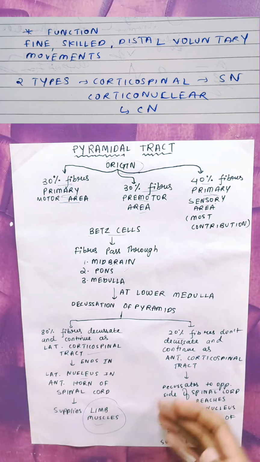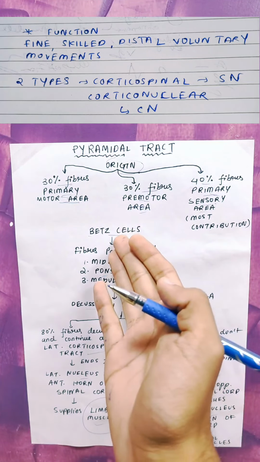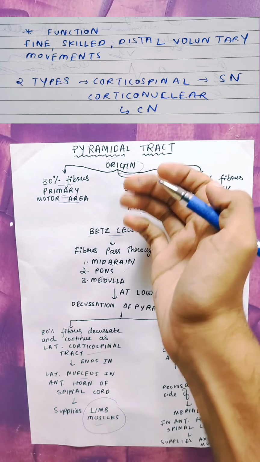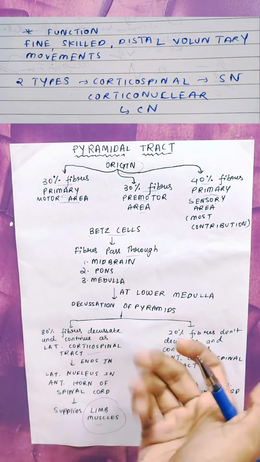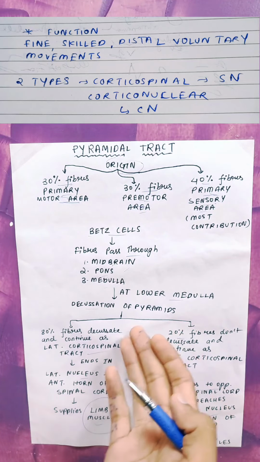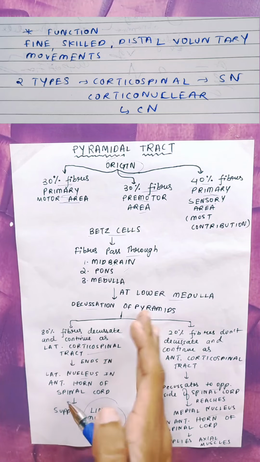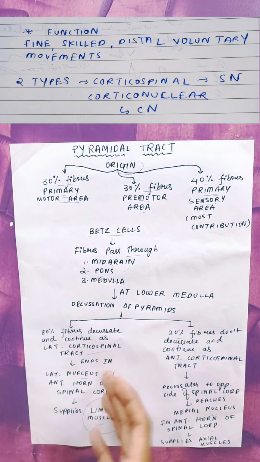Now I would be talking about the pathway in detail. First order neurons arise from the Betz cells. Betz cells are pyramidal neurons in cortex. Then the fibers pass through the midbrain and pons, then they reach the medulla, and at lower medulla there is crossing of the pyramids, and 80% of the fibers decussate and continue as the lateral corticospinal tract,